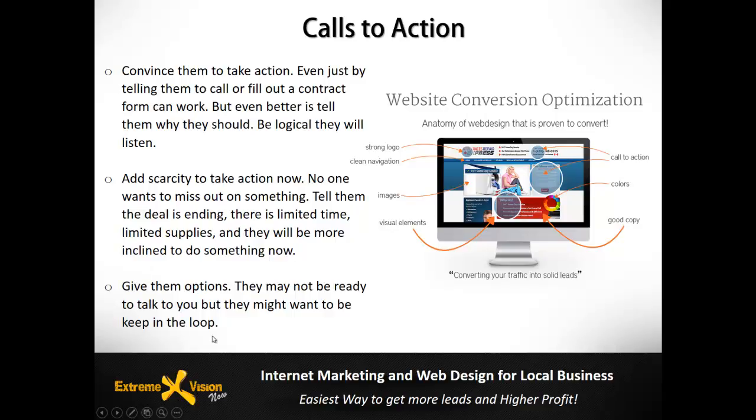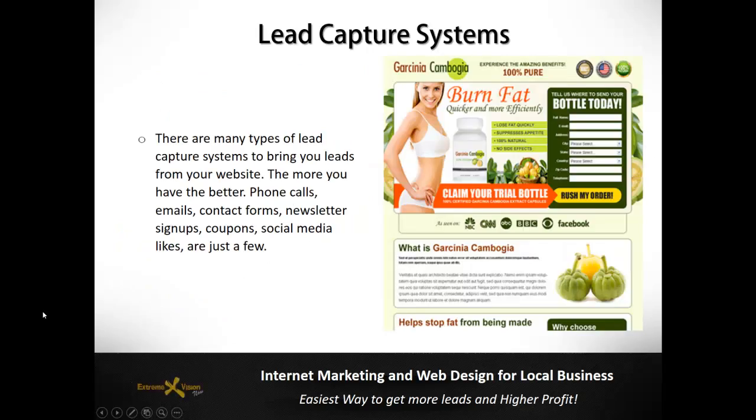You also want to give them different options. Not everybody, like I said, that's coming to your website is looking to make a purchase today, so they may not be interested in calling your company. However, they may be in the information collecting stage, so they may want to get some information on how the countertop process works if you're a granite countertop company, what you do if you're a cleaning company, those kinds of things. So you want to provide other options for them, but still make them take some sort of action. Ultimately, what we're going to do here with taking action is the next step, which is lead capture systems.